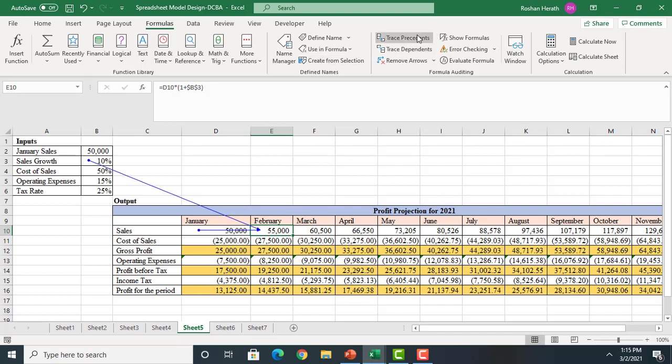By using this trace precedent, we can identify what are the cells that have a relationship to the